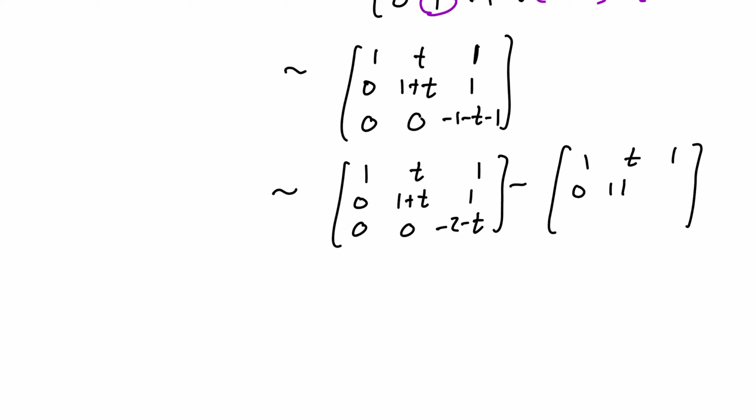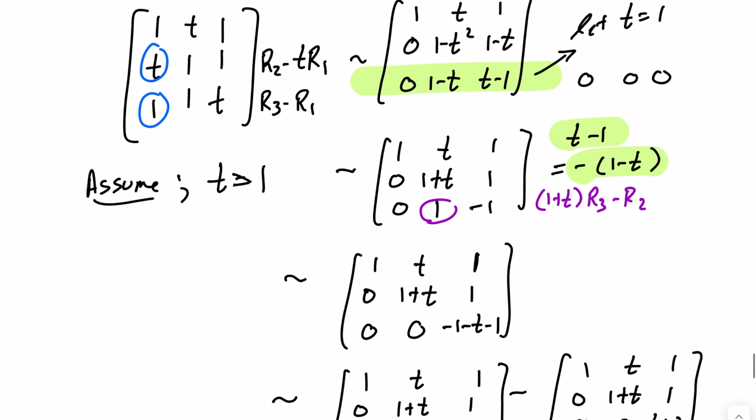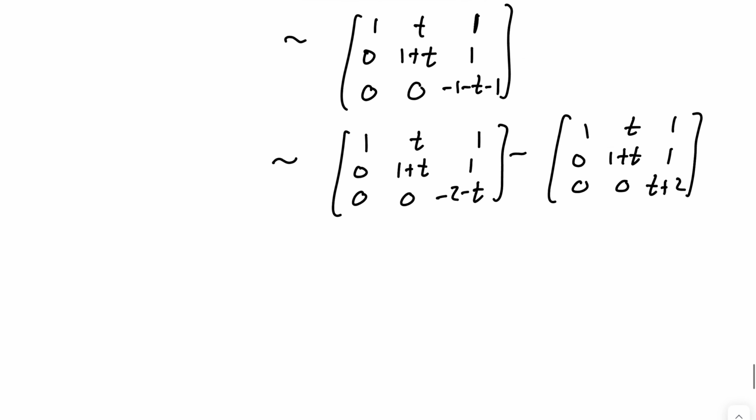And I end up getting 0, 0, t plus 2. Just clean up, multiply across by a minus sign. So now again, I'm under the assumption that t is not equal to 1. So if t is not equal to 1, what's another way that we can get dependency here, and that happens